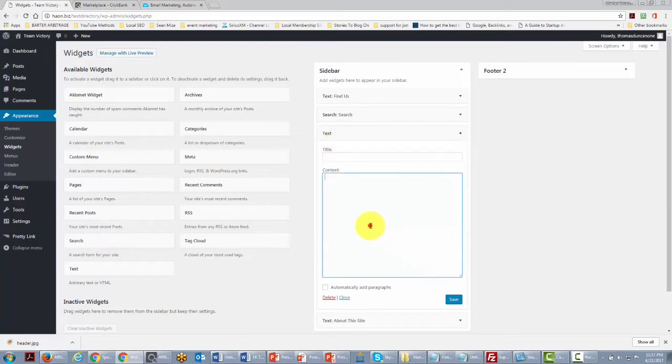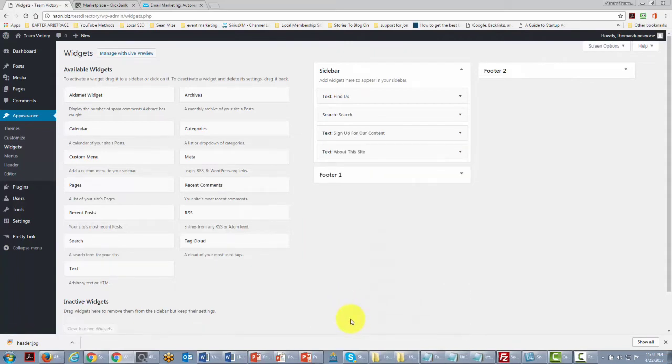We're going to place our JavaScript code in this area. And we're going to give this a title. And then we're going to click Save, and then click close. Now what we've effectively done is we've made that widget available throughout our site anytime someone reads any of